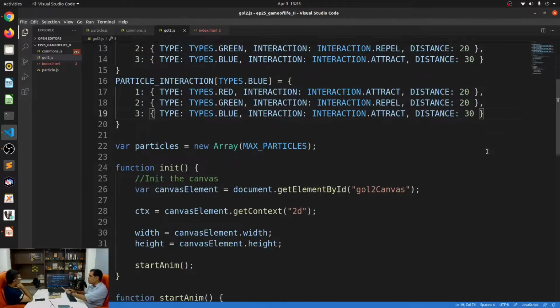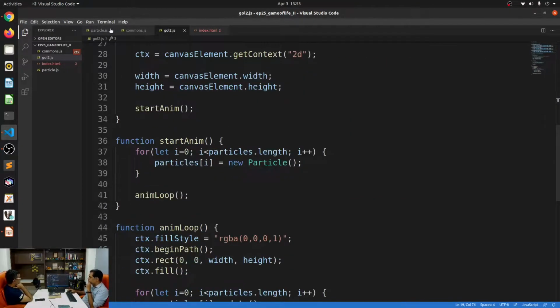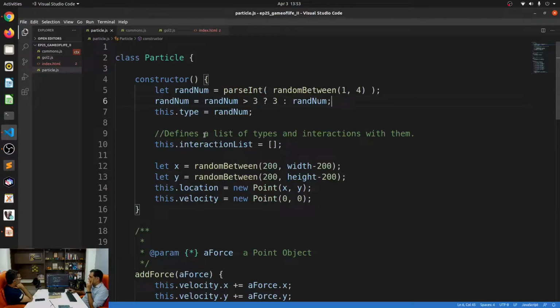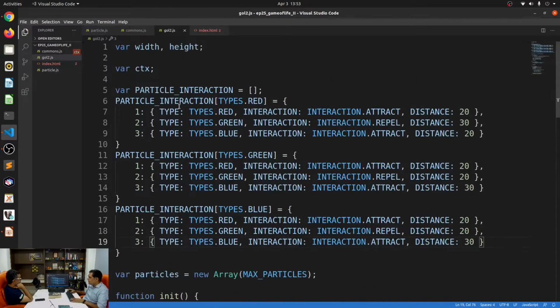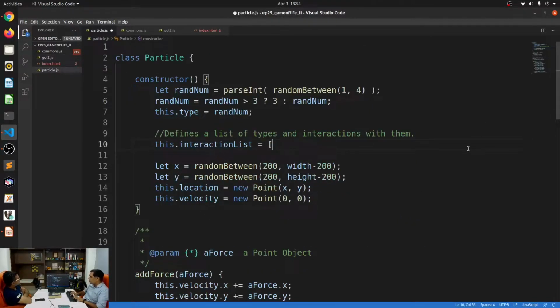So now I have the particle interactions. Let's go to the particle. Now the interaction list over here, where do I get it from? I will say this interaction list comes from the particle interactions. Whatever your type is, I can just say particle interactions of this dot type. Let's understand what happens here.